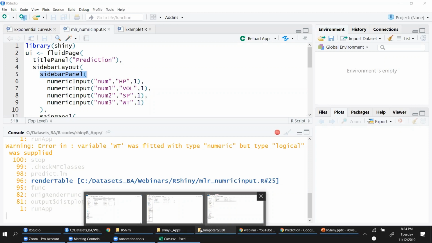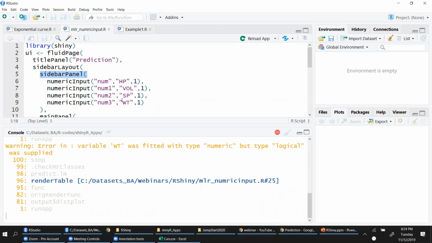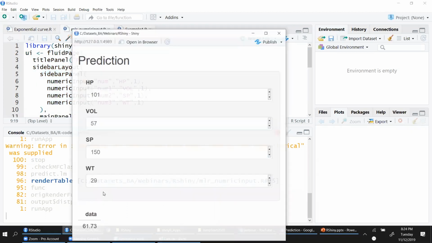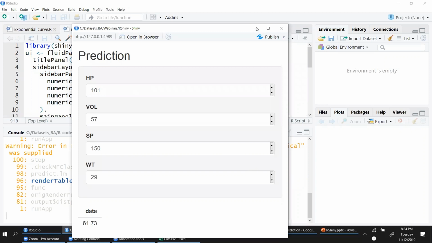Shiny is just an application, a package on top of R. Irrespective of what industry you're working in, if you have data, you can do descriptive analytics, predictive analytics. When you are giving those analysis reports, would you like to give the code this way? Do you think your client would understand this code? Or do you think your client would understand this part? That's a simple question that you have to ask.